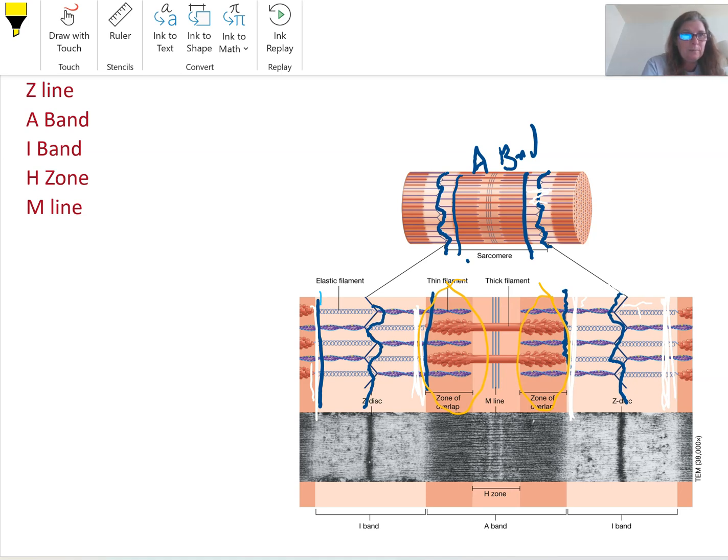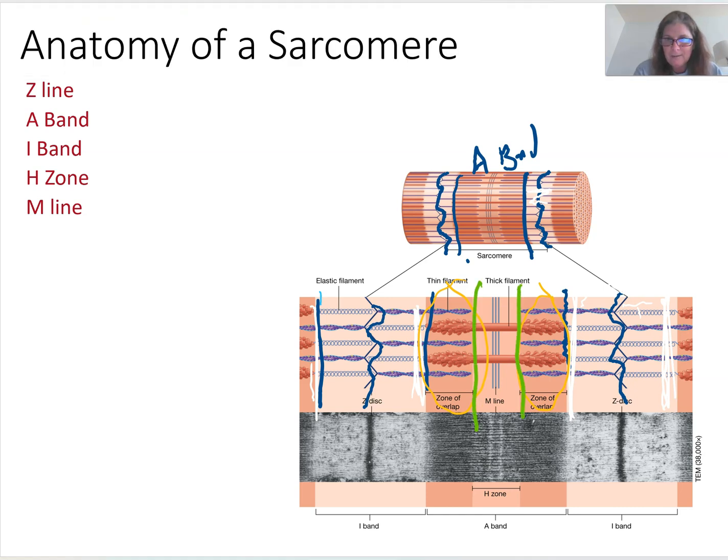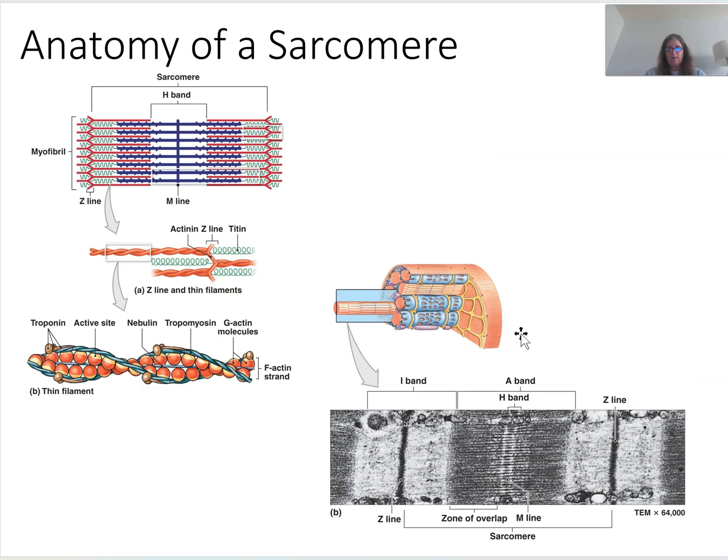Let's see if I can find something. I'm going to use the obnoxious green again. So right here is the H zone. I'm doing the green because notice that it only contains myosin. And then the M line is just a line that runs right up the middle of the sarcomere. And they don't even know exactly what the M line actually does, but it comes right up the center of the sarcomere. So if we were to draw and label a sarcomere, here's another picture, we can do this because